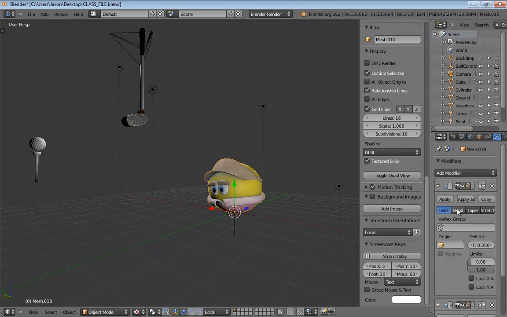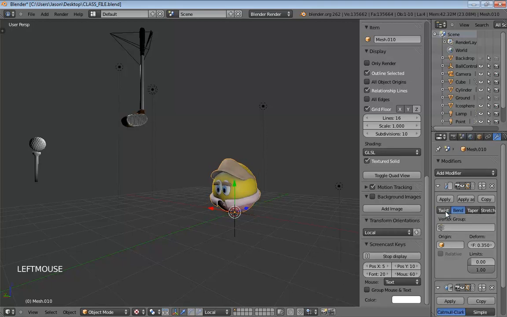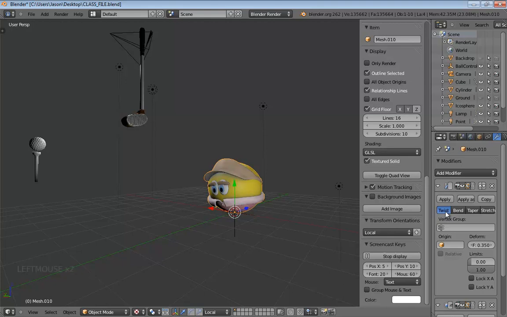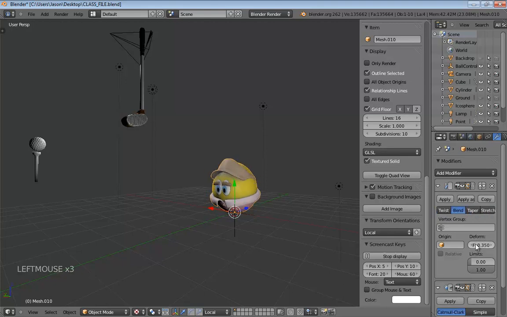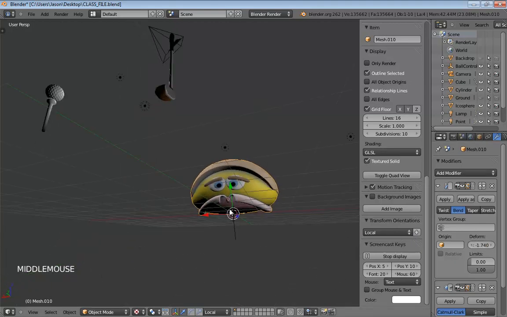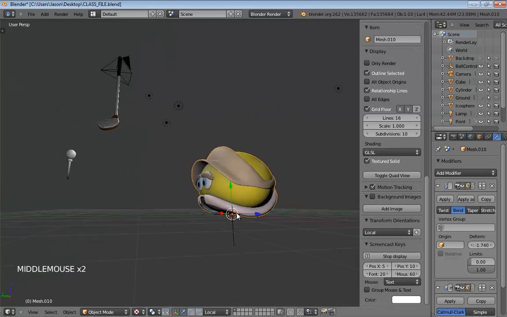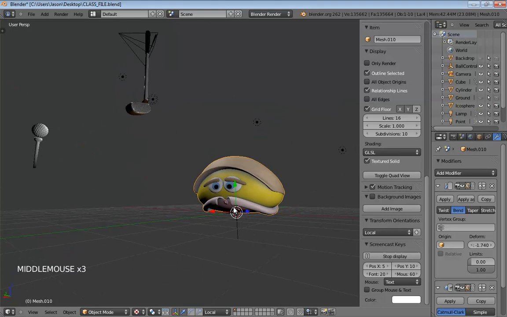Now, we want to set the type of deformer for this to bend, because this deformer can actually do a lot of different things. I mean, it can twist, it can taper, it can stretch. We want to use bend specifically. And if you play with its value, you see that it looks kind of wacky. The pivot is sort of weird. And what it's doing is it's bending around the z-axis for the local object. And that's just how it's working.